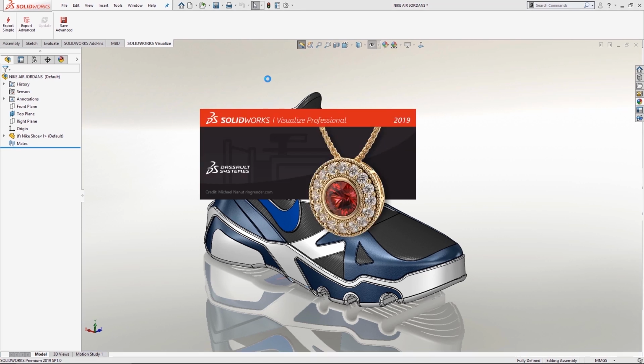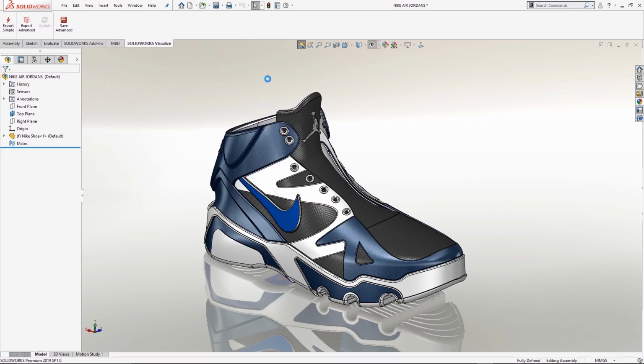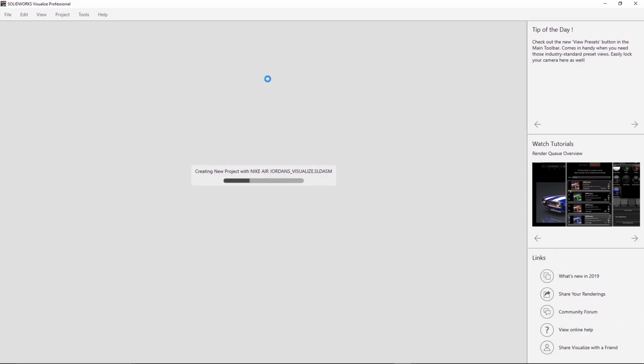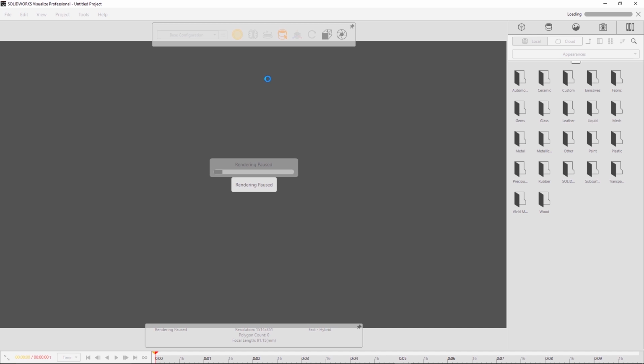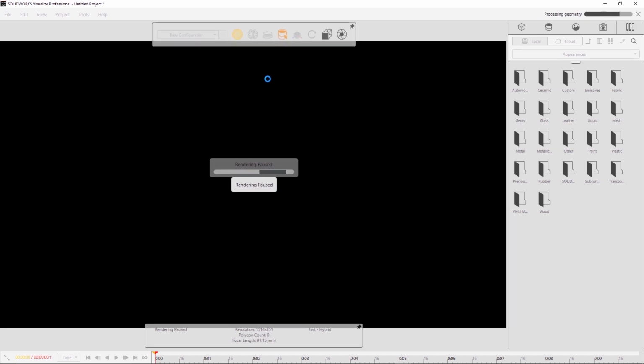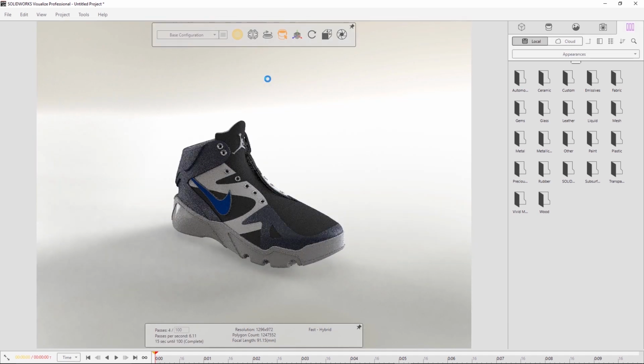So for example, if you're using props like people or plants or anything else like that, then often if you go online, they would be found on things like TurboSquid or 3D Content Central or GrabCAD, but they're often going to be in things like 3ds or OBJ formats, which we can't generally open up in SolidWorks. So it's a really nice tool for being able to bring in those kind of assets to make it look ultimately a lot more realistic.